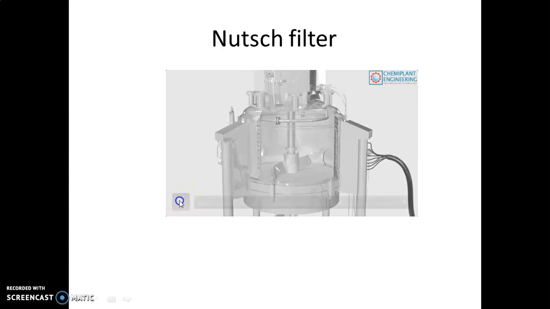So this is what the nutsche filter actually looks like. This part is an additional part they have added, which is not shown in your diagram. What is the function of this part? That is called an agitator. This agitator keeps the slurry in rotation, and it also compresses the cake. So these are the two functions of this agitator. This agitator is not shown in this figure, and this is the vessel.